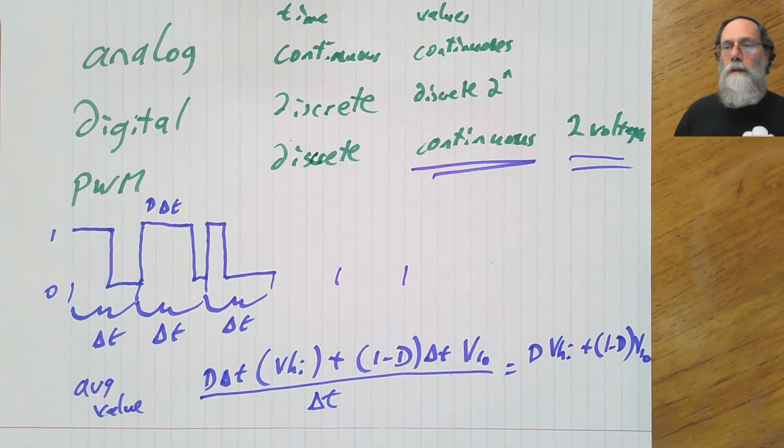The advantage of that is that having a 2-voltage system is very, very easy to create out of something like a microcontroller. The digital logic is inherently 2 voltages internally. So if we want to get a PWM signal, we just take one of those output pins and control how often it is 1, how often it is 0. Just changing the timing is all we need to do to get continuous valued output.